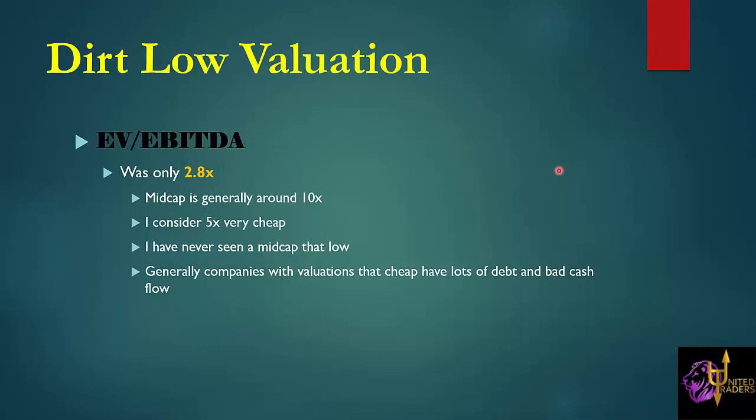I don't use the PE ratio. I do, however, look at the EV over EBITDA. Their ratio is only 2.8x. Generally mid caps are around 10 times, and I would consider a mid cap trading around 5 times to be extremely cheap. I've actually never seen a mid cap this low before, which is kind of interesting. And the final note is that generally companies with valuations at 2.8 times have lots of debt and bad cash flow. So